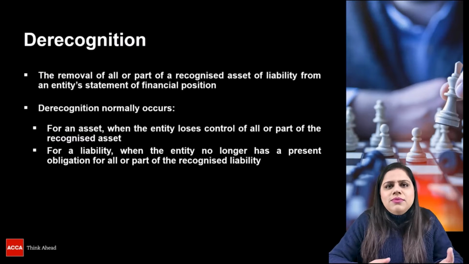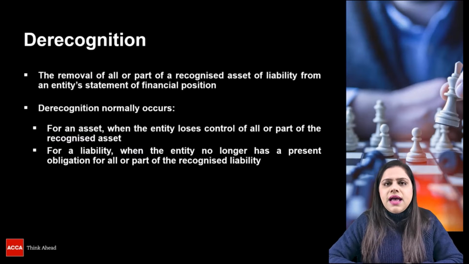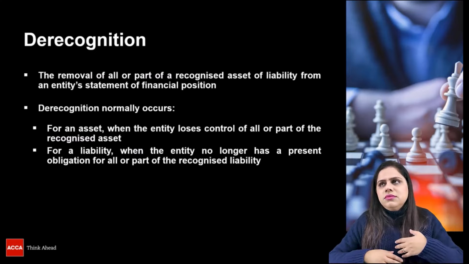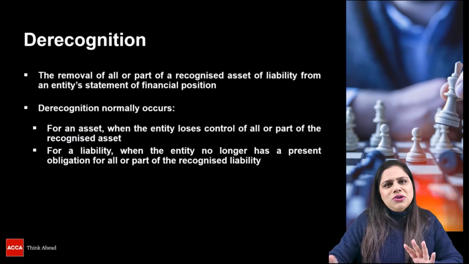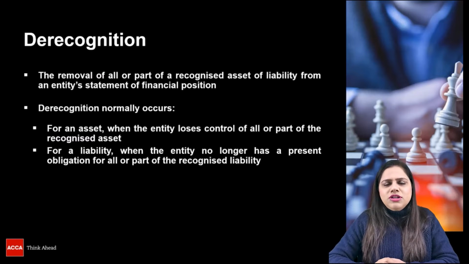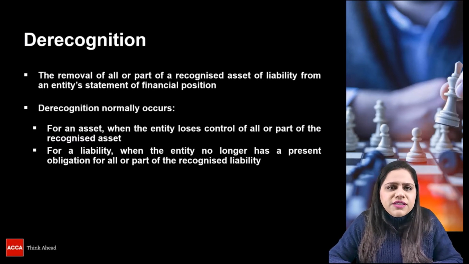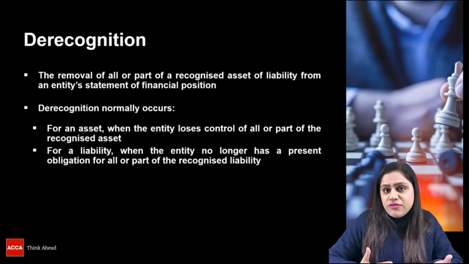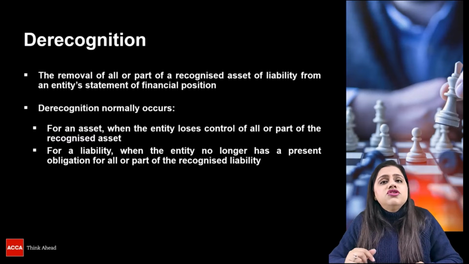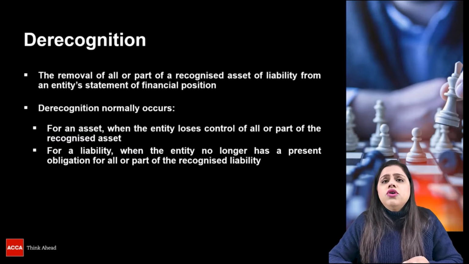Someone might waive off the liability. So let's suppose someone had to pay me $1,000 and I said that I'm allowing you to not pay that to me, and I'm not going to make any claim on this in future also. Or that person pays me the full amount, and so I don't have any further receivable asset, and for that person there is not going to be any kind of liability which is going to be there further. So when you lose control over a part or full asset, that is when the derecognition takes